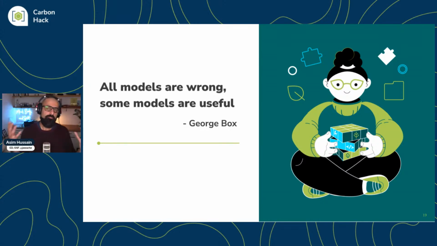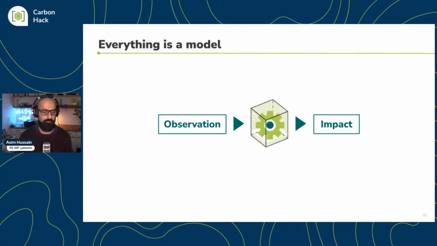That means the models are going to be wrong. All models are not fully accurate. They're pretty close, to be honest with you, but not fully accurate. Now, one of the things that we've learned is it doesn't matter. The benefits of modeling so far outweigh the slight errors you'll get from not being direct measurement, and I'll explain that through here. So all models are wrong, some models are useful, and the Impact Framework is very, very useful. So let me explain it a little bit more.